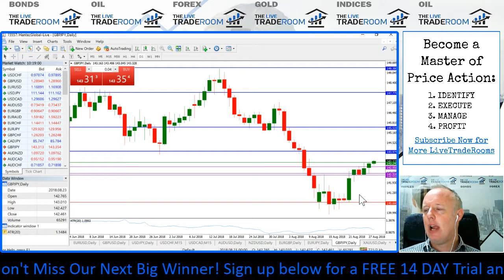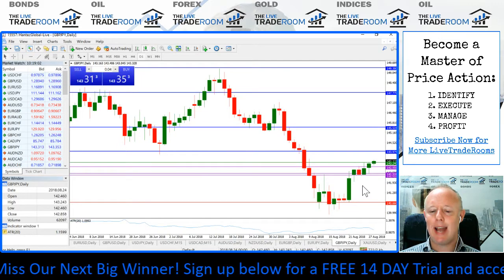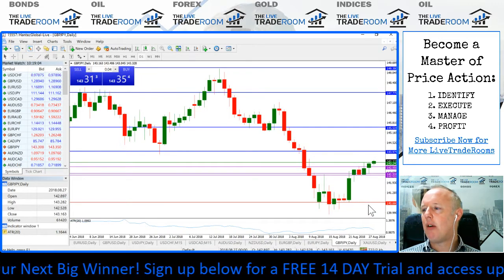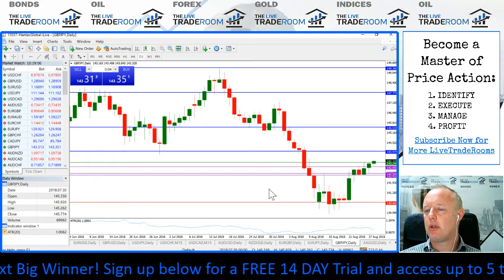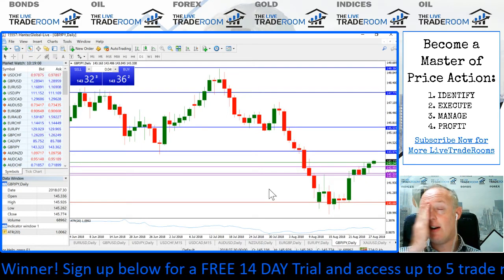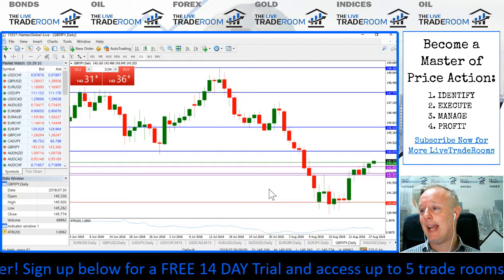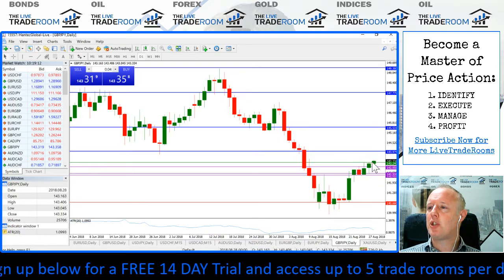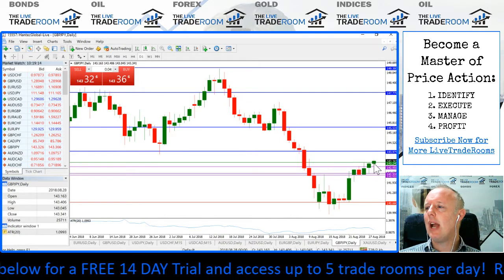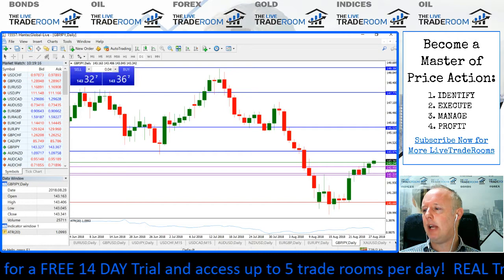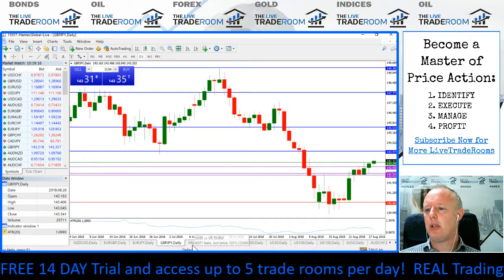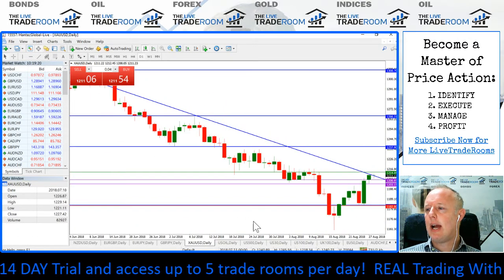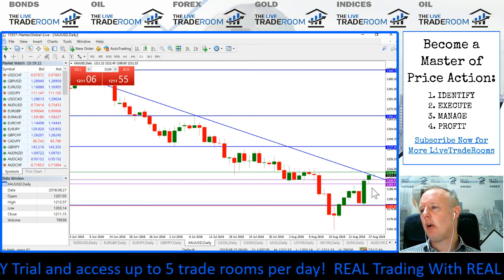So if we start seeing some strength come into the yen, and of course it's important to keep an eye on other markets when we talk about the yen, but if we start seeing some yen strength kick in, then the pound yen could be a really good tradable opportunity very, very shortly. Moving on to the gold market,